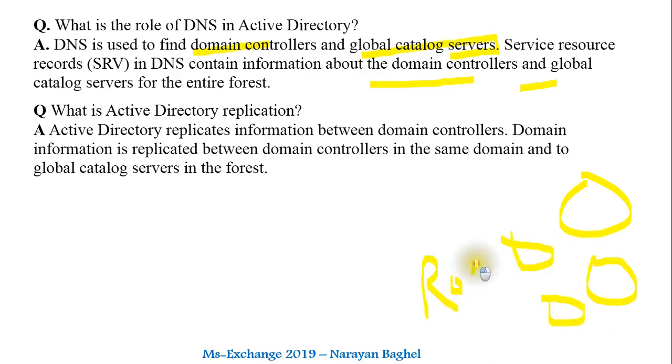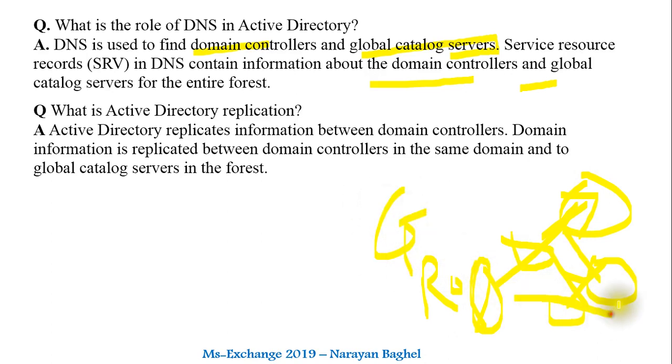You update something here, and it updates to 2 servers but not to the other 2 servers. Then those 2 servers are not getting proper information. For example, I created one group here, and that group is not replicating here, so my user is not able to get it. If I update something, it should reach all. That is called replication.